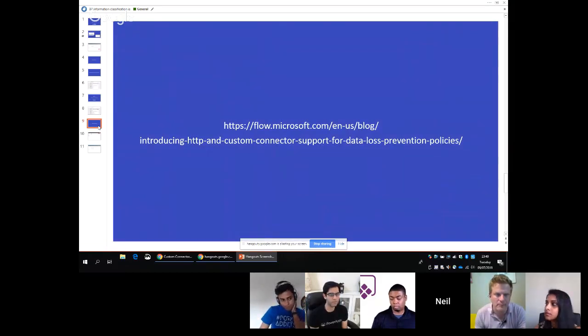This blog post basically explains how an admin can add your custom connector to a DLP policy using Flow or PowerShell. And as of last month, there was a bug in the flow template. PowerShell works, though, after they updated their PowerShell version to 2.0.4. So if you check out this article, you'll actually find there's a comment at the bottom to say exactly that by me. I've written that just so people can get over that hurdle.